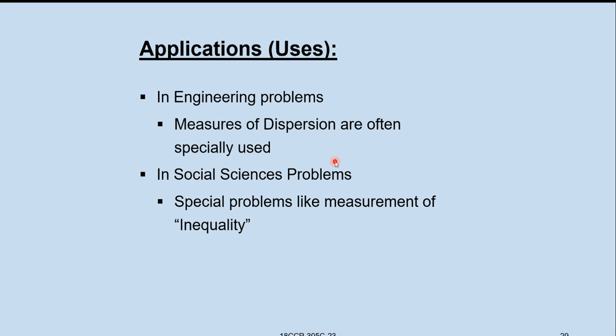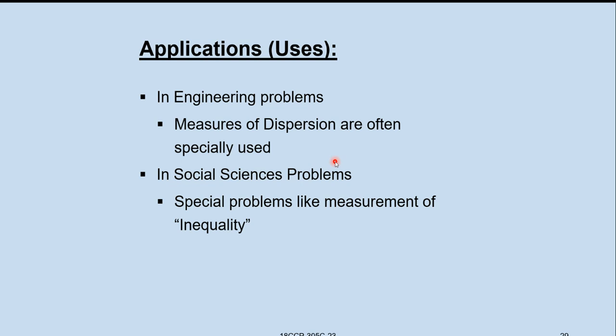But if quality is not varying, if there is not much difference in the quality, then they may be accepting the goods. Like this, we can use measures of dispersion. If we can measure how much difference there is, then we can accept or we can reject. That is a bit of higher studies.